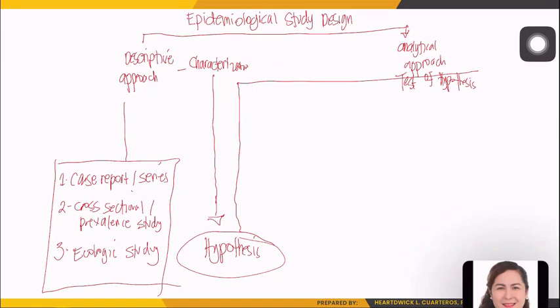Unlike your descriptive approach, where we characterize the distribution of a certain disease or patterns, your analytical approach involves the testing of hypotheses, and also we have to examine here